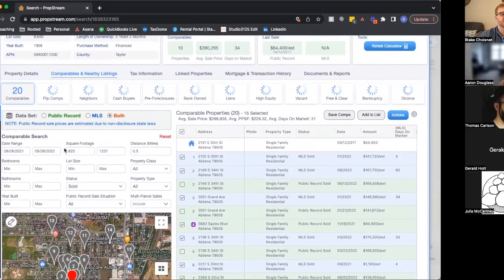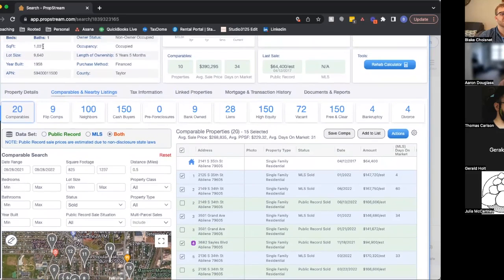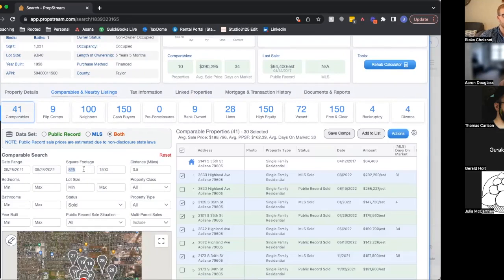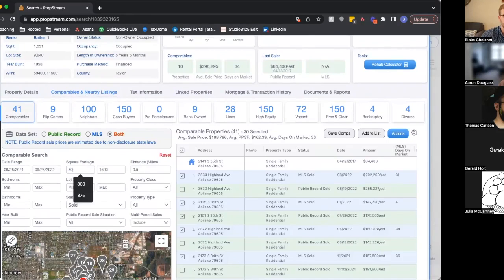It auto populates the comparable search to the last 12 months. And I believe it's 10 or 20% above and below your square footage. Yeah, so it looks like 20%. So 20% below, 20% above. You can adjust this, 1,500 square feet down to 800 square feet, right? Within half a mile. And you can constrain it for a lot of different things, even including status,